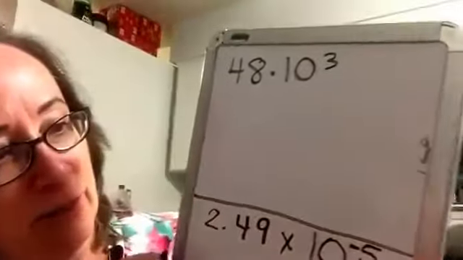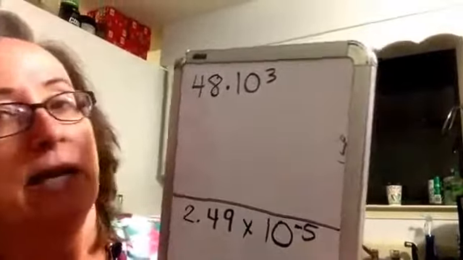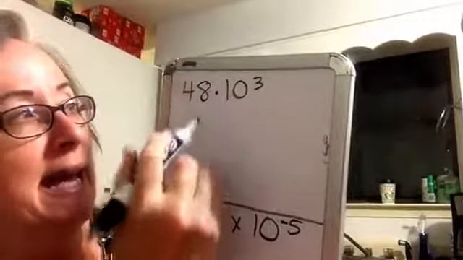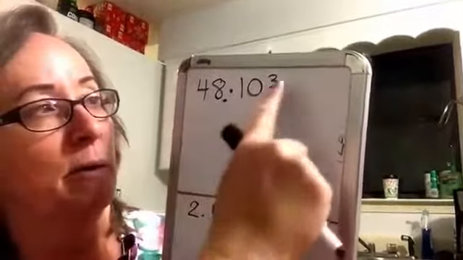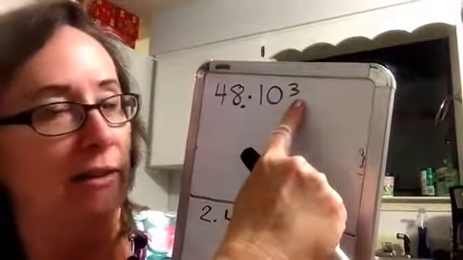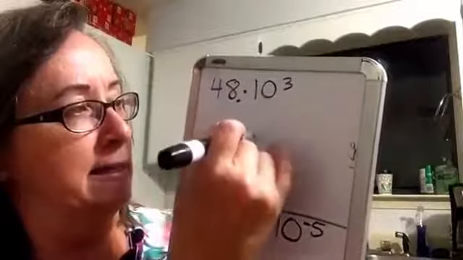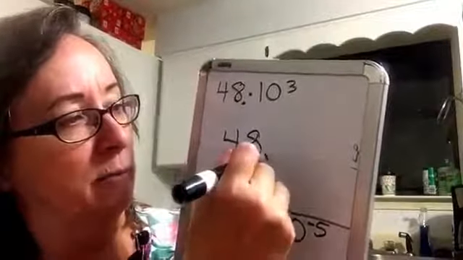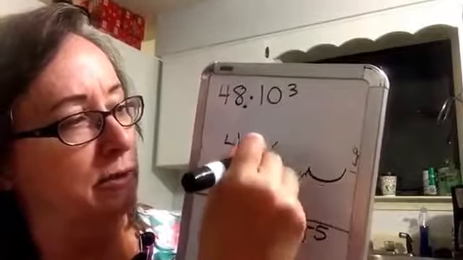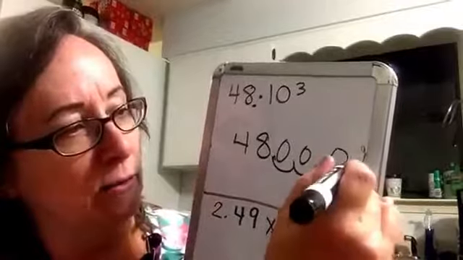All right, so here are 2 more. We have one with a positive exponent, one with a negative exponent. So the 48 has a decimal point that is currently at the end of the number, but we are multiplying by 10 to the 3rd, which means we're going to move our decimal 3 places to the right. So we'll start with 48, move it 1, 2, 3 places to the right, and our new number is going to be